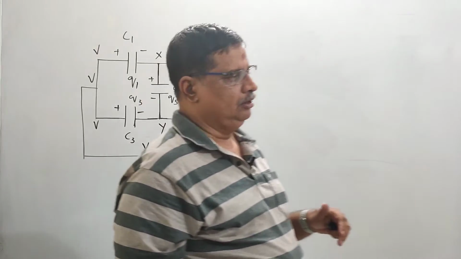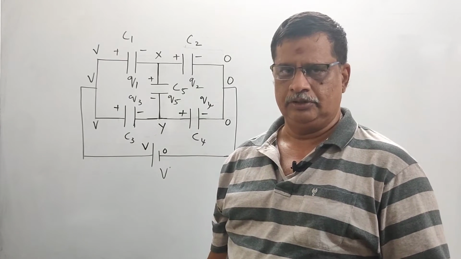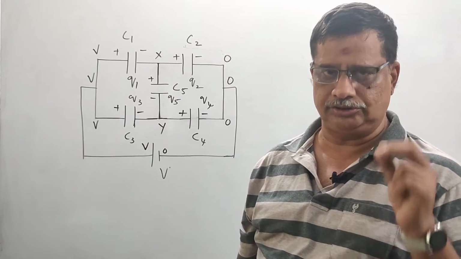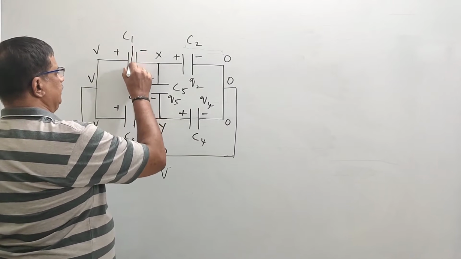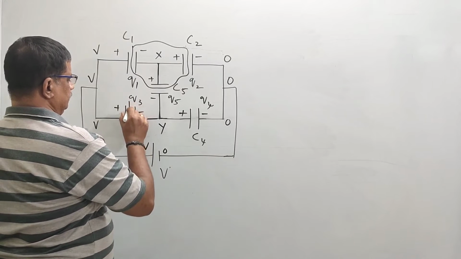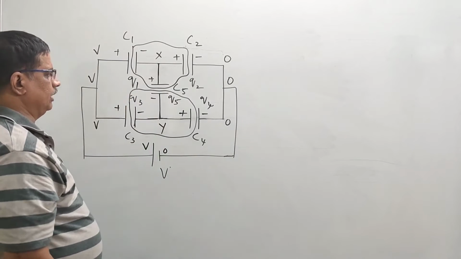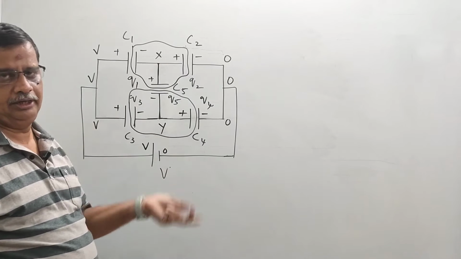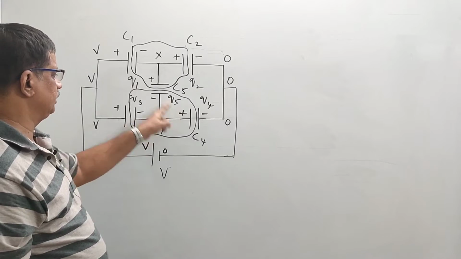Now let us consider an isolated system. An isolated system consists of plates which are not connected to any other part of the circuit. So capacitor plates which are not connected to any other part of the circuit constitute an isolated system. If you follow this method, you can see that these 3 plates constitute an isolated system. Similarly, these 3 plates also constitute an isolated system. So those are your isolated systems for this circuit. These 3 plates are not connected to any other source, so they form an isolated system. Same is the case with these 3 plates.